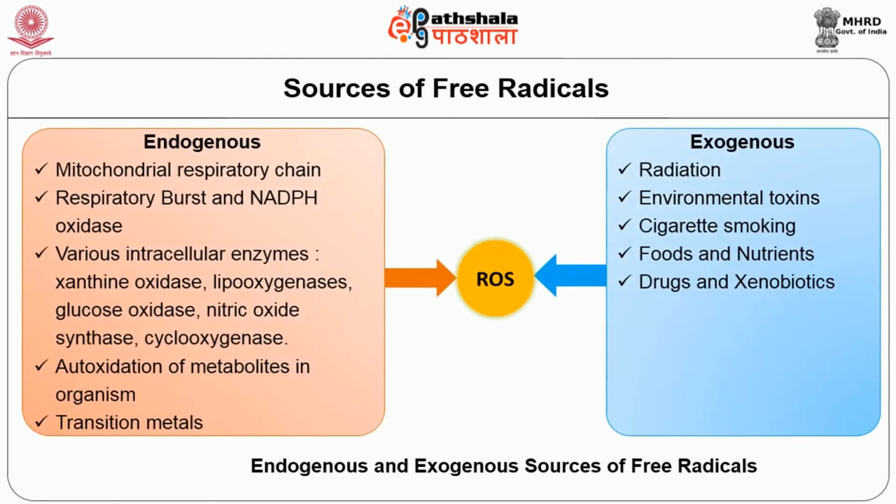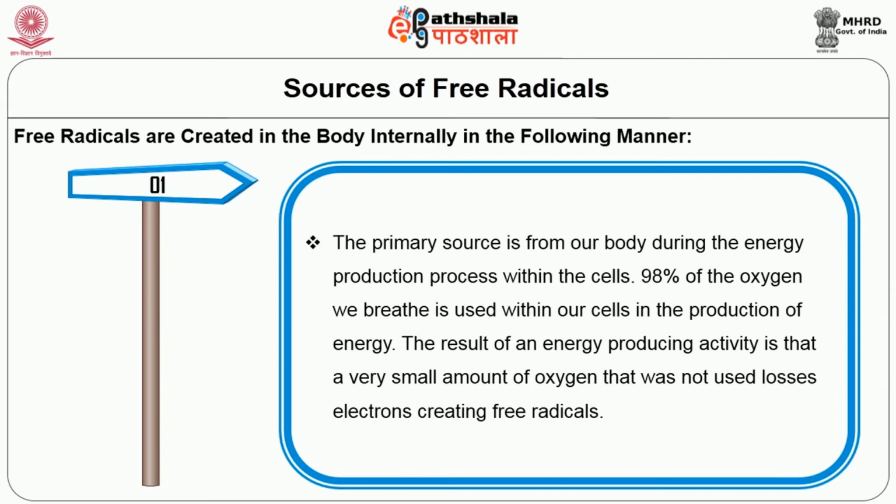These are the sources of free radicals: endogenous sources and exogenous sources. The primary source is from our body during the energy production process within the cells. 98% of the oxygen we breathe is used within our cells in the production of energy. The result of an energy producing activity is that a very small amount of oxygen that was not used loses